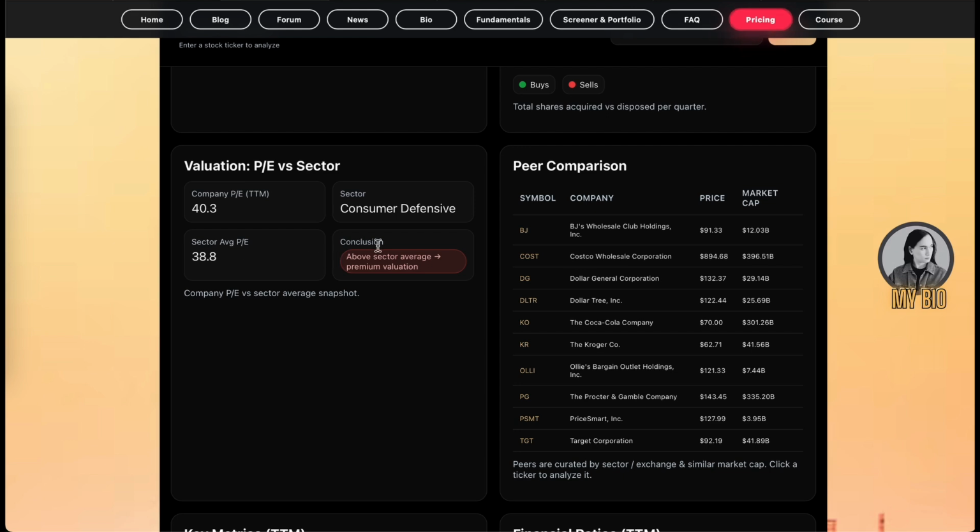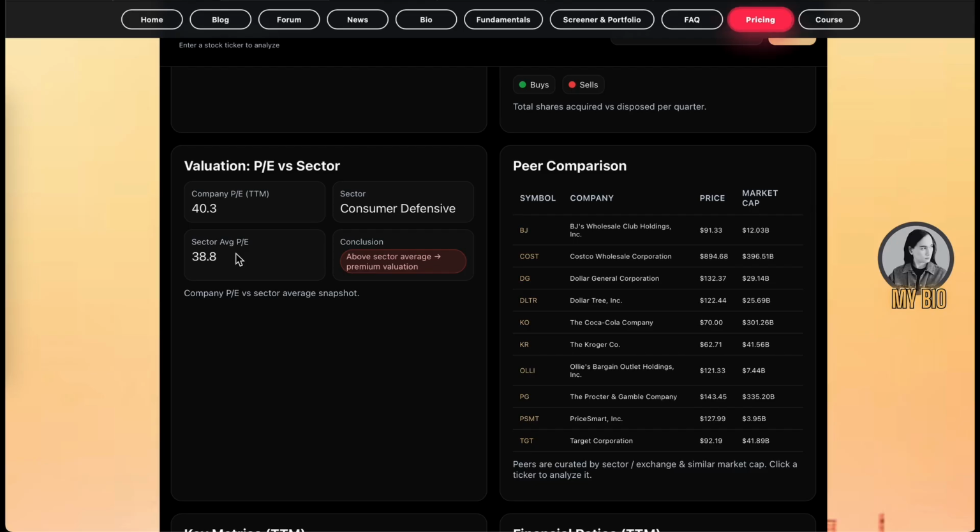The console provides a conclusion. It says above average, which means a premium valuation. But in reality, it's not that premium. It means overvalued, but in reality, it's almost fairly valued because the company's price to earnings is close to the sector